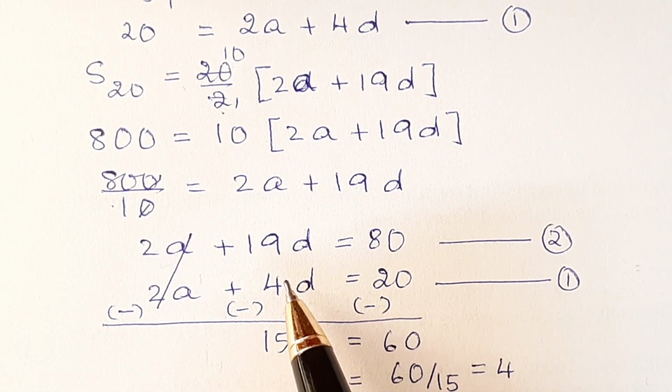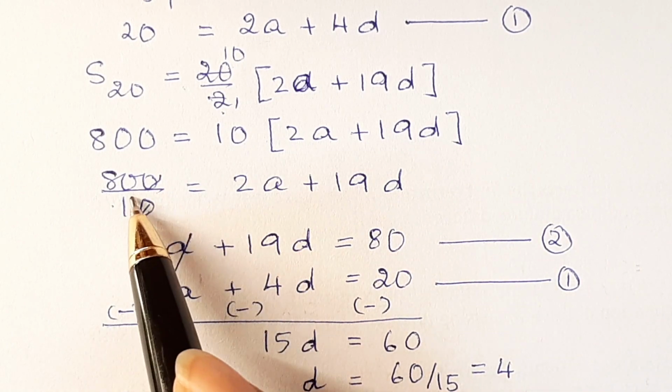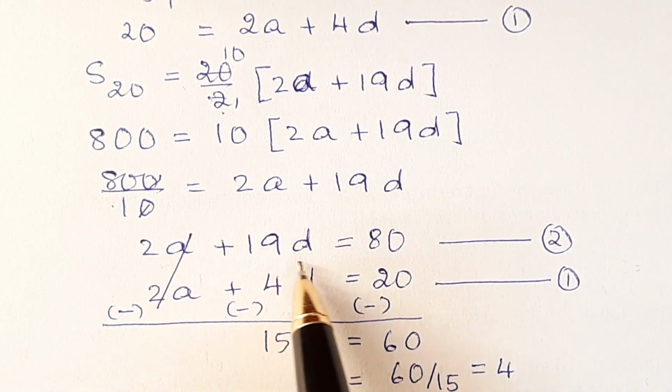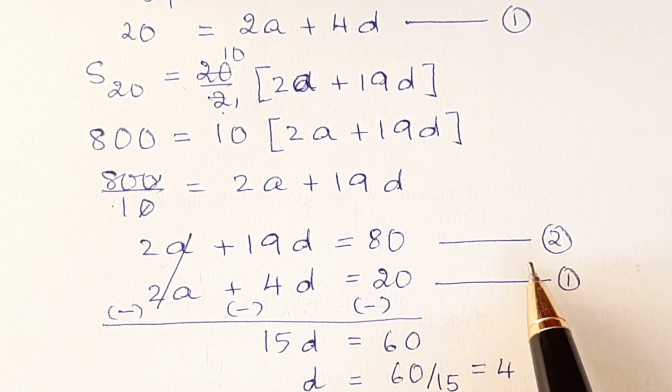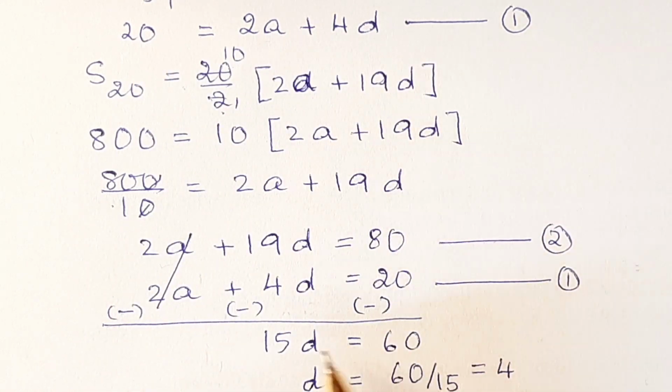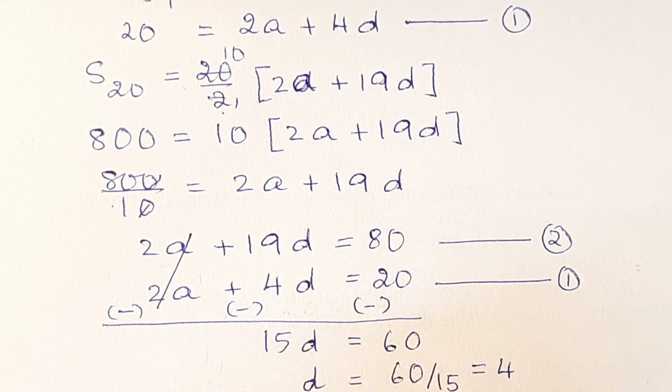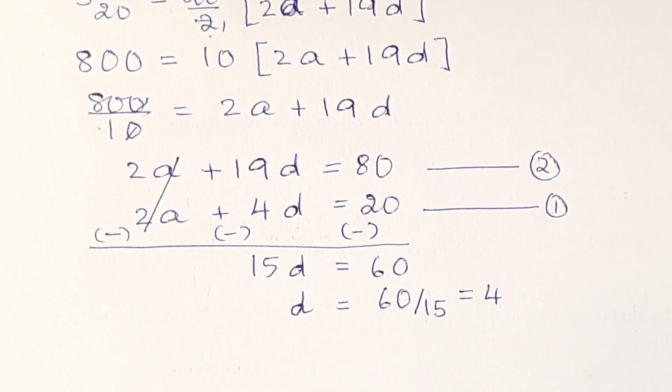you will see that it becomes 80 is equal to 2a plus 19d. So we are writing 2a plus 19d equal to 80. That's our equation 2. Now we write this equation here below so that we can solve them simultaneously. Changing the sign of the first equation, we'll have 2a and 2a getting cancelled. 19d minus 4d gives you 15d, and 80 minus 20 gives us 60. So that will give us d equal to 60 divided by this 15, and that will give us d equal